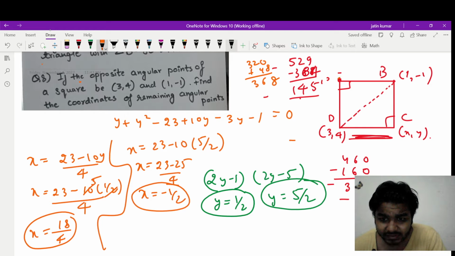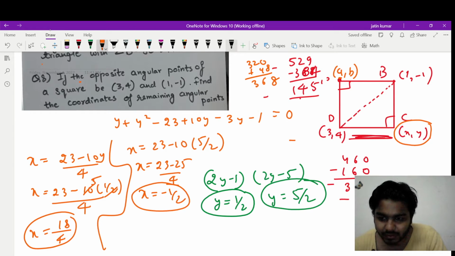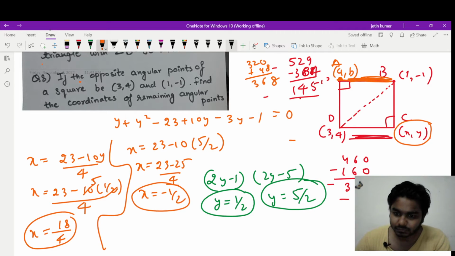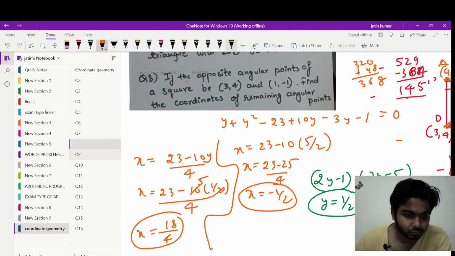So this coordinate is remaining, a comma b, you can find it on your own. Okay, you have got x comma y here, and for the other one also apply the distance formula, so that you equate AB and AD. You will get those coordinates also, and those coordinates will be same, right? Because this is diagonal. Okay, same Pythagoras will apply there only. Okay, now we can move to question number 9.